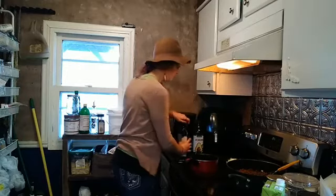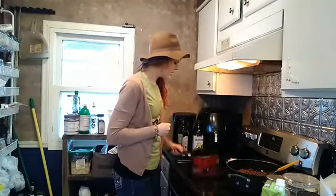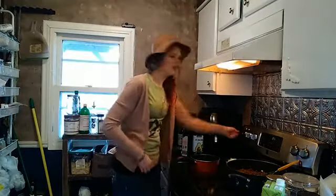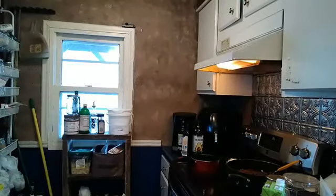Just a little drizzle of avocado oil. If you don't have avocado oil, you can use other oils. Then I'm just going to tilt the pan just a little bit to get it even. I got to turn my computer on so I can get recipe ideas in here too. Okay. So while that's heating,